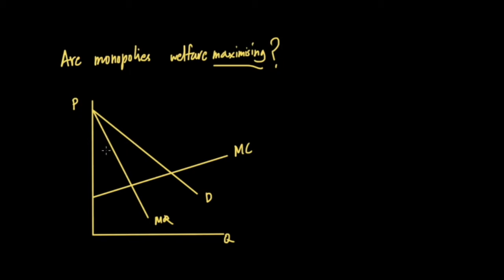In short, when there is no monopolist. We know that when the market is in perfect competition, the optimal quantity and price is where demand is equal to supply. We also know that supply is actually just the marginal cost of the firms. And so D should be equal to MC. In our graph here, it would be at this point here. This would be the optimal quantity for perfect competition, and this would be the optimal price